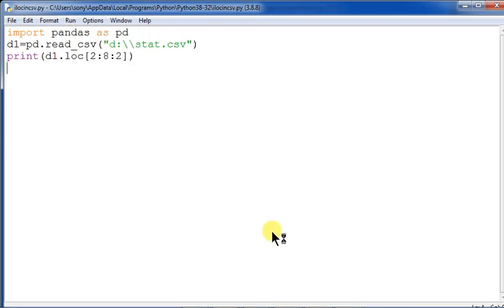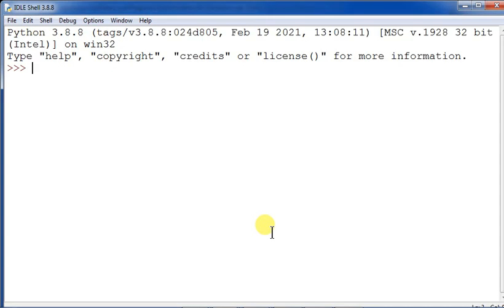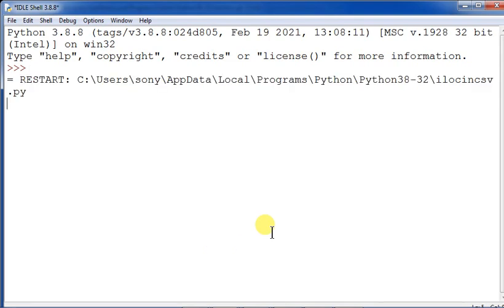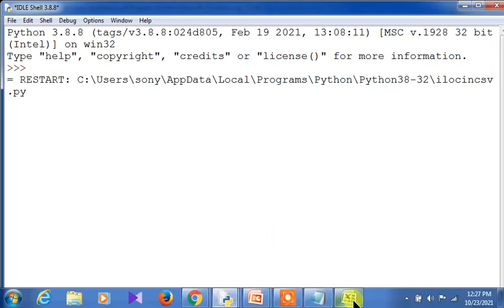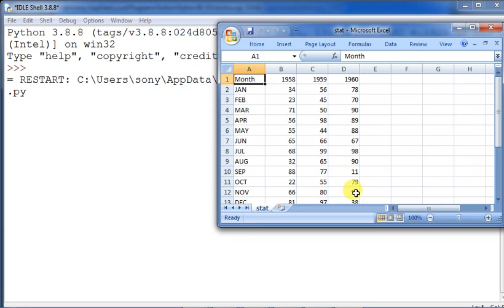So actually a to_csv command is also there. to_csv is used when you are writing into the CSV file, but read_csv is used when you are extracting data from the CSV file. Sometimes they might give you this kind of question, where the CSV file structure will be given to you and a command will also be given, as I have given using loc in the program, and you may be asked to find the output. You see out here the CSV file, so similar things should appear over there.